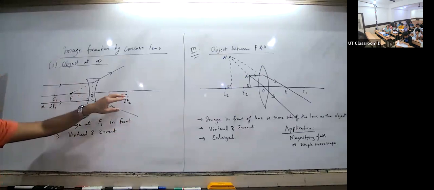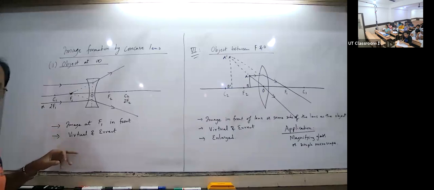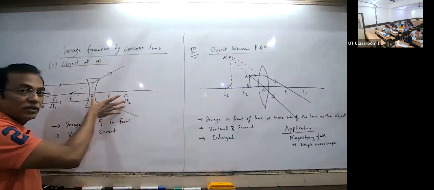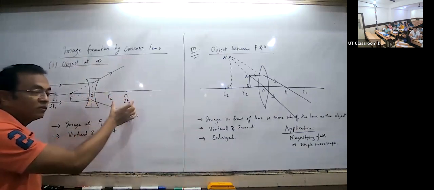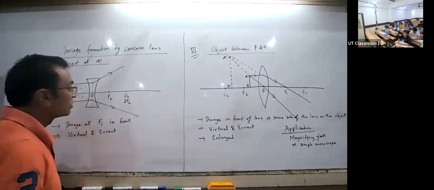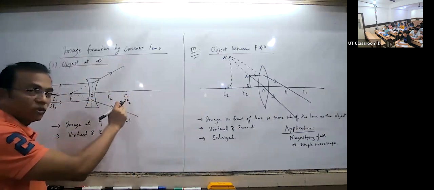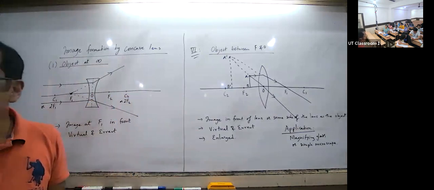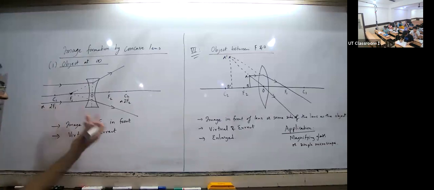C2 के नीचे या तो C2 लिखो या 2F2 लिखो, या C1 लिखो या 2F1 लिखो। तुम अपने टेक्स्ट बुक में देखो F1 F2 ऐसे दिया हुआ, क्योंकि C2 ट्वाइस का डिस्टेंस है ना। ये देखो, O से C2 का डिस्टेंस क्या है? ट्वाइस ऑफ F2 है ना, इसलिए 2F2, 2 टाइम्स। So either write C2 or 2F, ठीक है। और यहाँ पे जस्ट C और F चलेगा, दोनों साइड, दोनों का वैल्यू सेम ही, एक फ्रंट में और दूसरा बिहाइंड।